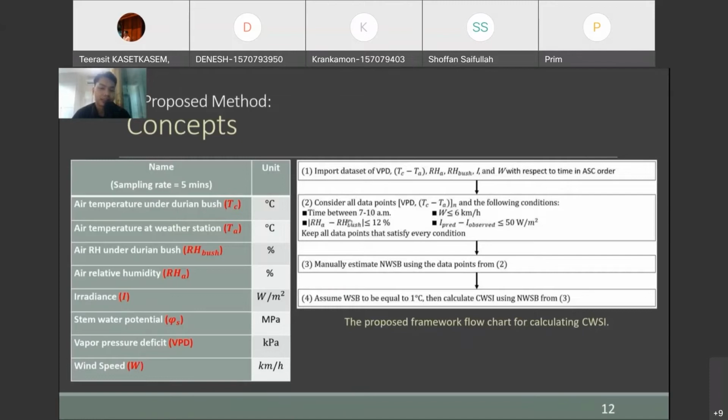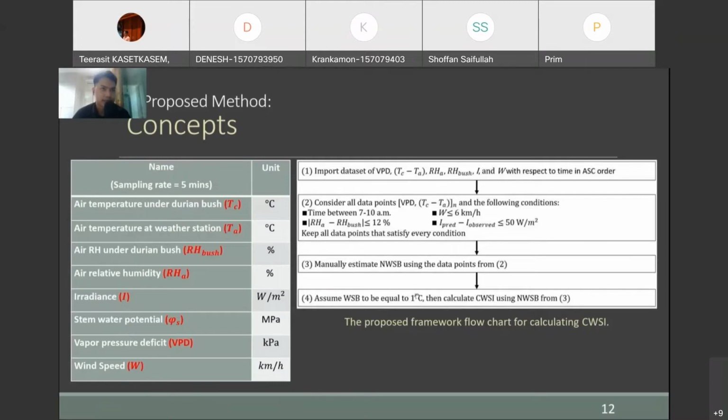The absolute difference between RSA and RS bush must be lower or equal to 12%. The difference between I predicted and I observed must be less than or equal to 50 watts per meter square. If the data are under all these conditions, they will be used to estimate NWSB, and then we will assume the SB to be equal to 1 because we have conducted an experiment where we intentionally did not provide the durian tree any water